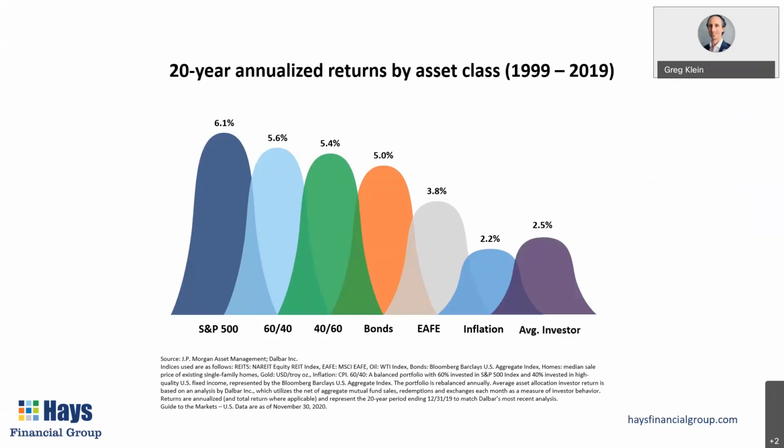But if you look at what an average investor did, the retail investor, you see how they move money into and out of the market. They barely beat out the rising cost of living. So their money barely grew for them in real terms. They did far worse than some of those portfolios, or like the 100% stock portfolio. And that's because of moving money in and out of the market at the wrong time. Because if we follow our emotions too much, that's what we're tempted to do.